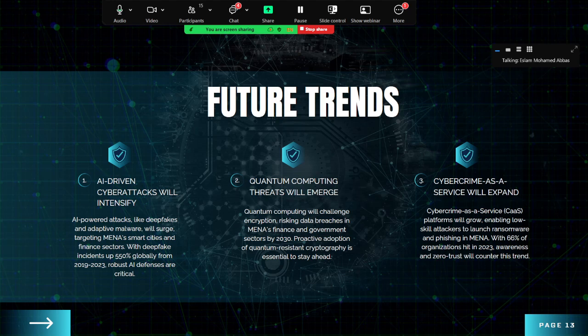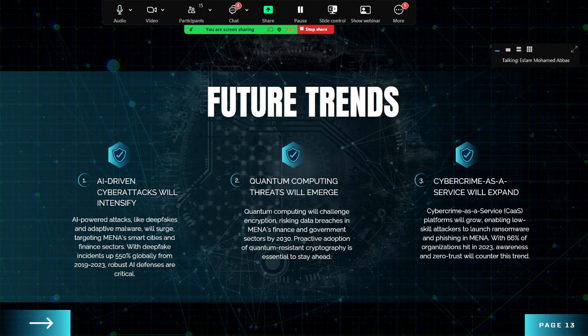And this is a very, very important thing to companies in industries like antiviruses or anti-malwares, because it's a great challenge for them. And the second point from the future trends, from my point of view, is the quantum